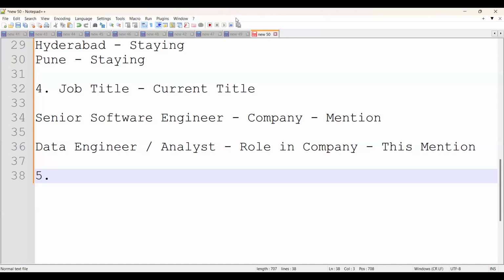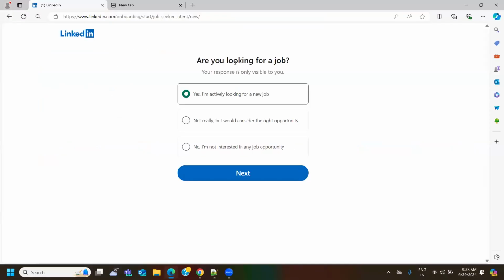Now, once your process is done, this is how it will look like. The very next step, your OTP verification is done. Now, which of these options is best suitable for you? I'm actively looking for a job, not really, but would consider. Maybe I'll go with the second option.